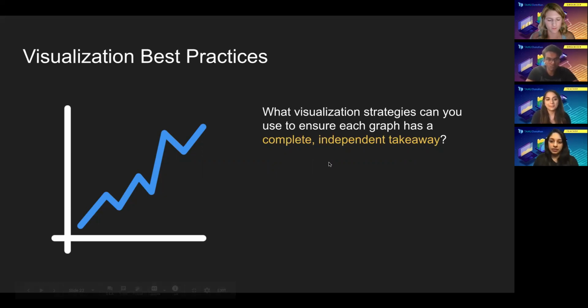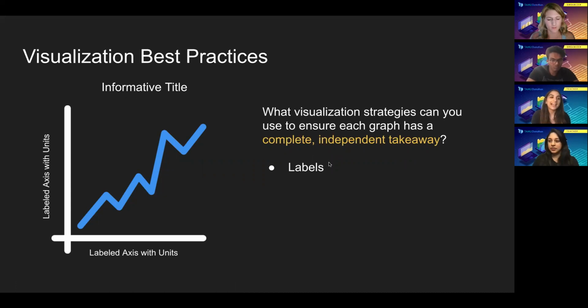So to begin, labeling your graphs. This means your title and your axes, making sure that everything is really clear, especially making sure your axes have units. This happens more often than you think, that people don't include units, and they're really, really important, even just to understand what your graph means.